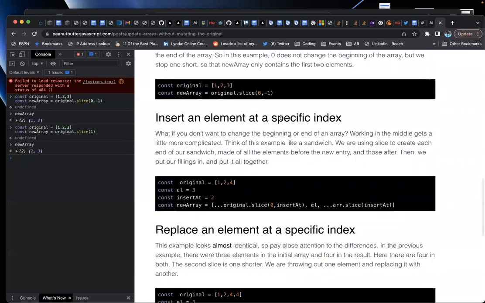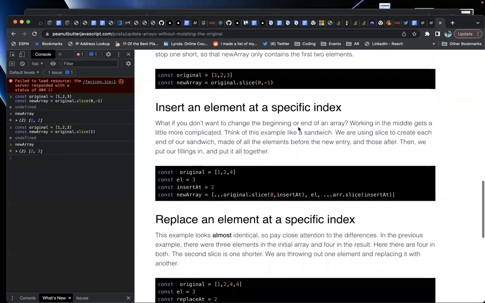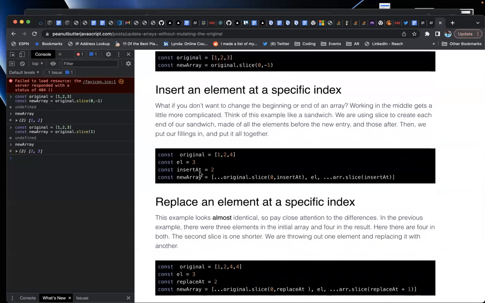All right, insert an element at a specific index. This is one way to do it. Original equals 1, 2, 4. L equals 3. Insert at 2. Original dot slice. I do not like this way. If I was gonna do this, right,